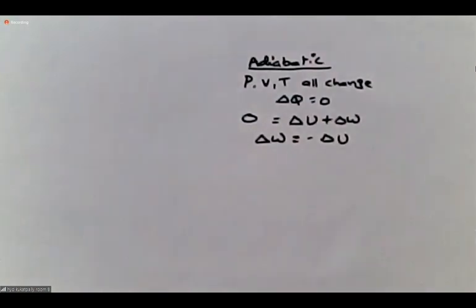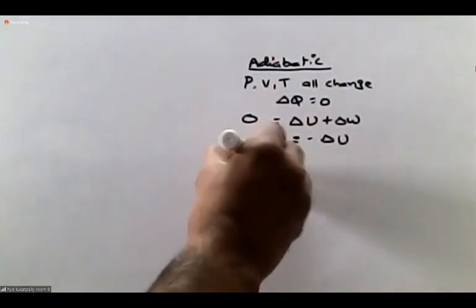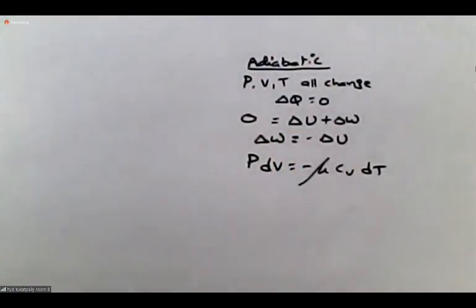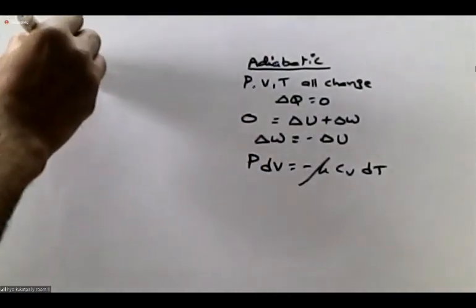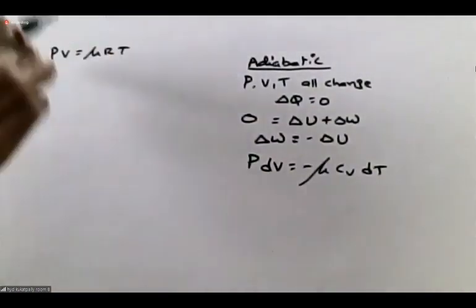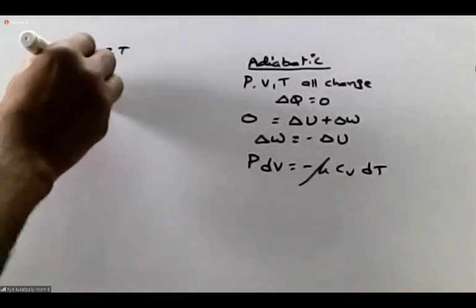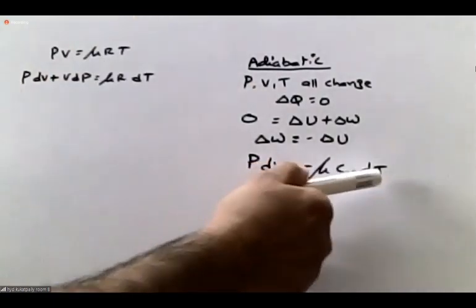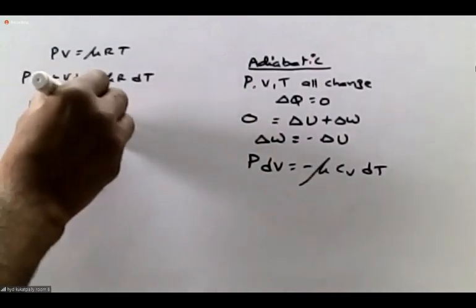Like that, there is an equation in the adiabatic process. What is that? dW is PdV, which is equal to minus dU. Always I can write mu Cv dT irrespective of process. And adiabatic is also quasi-static, therefore PV is equal to mu RT you can apply. Pressure, volume, temperature all are changing. So PdV plus VdP is equal to mu R dT. Now here eliminate mu dT. PdV is equal to minus Cv into mu dT.